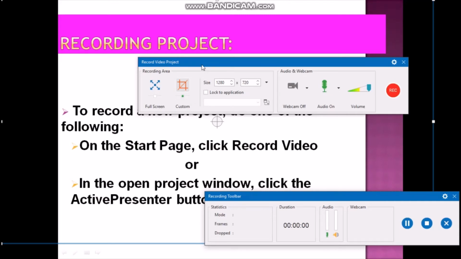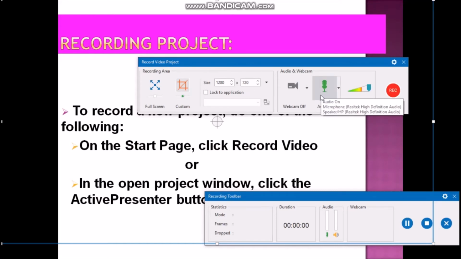When you select custom from the recording area, it allows you to capture the screen in any size and direction by dragging the floating blue rectangle on your screen. Suppose you select this custom recording area, then it allows you to select the portion you want to display to your users. Friend, here the audio and webcam area allows you to select the media for capturing your video and the media to record your audio.